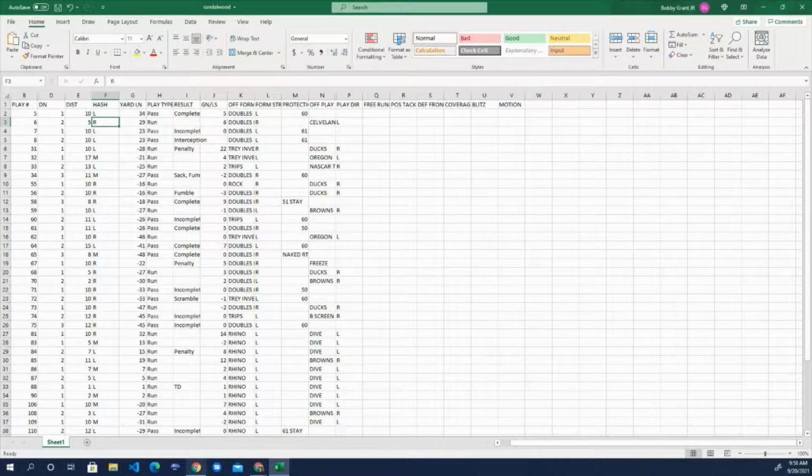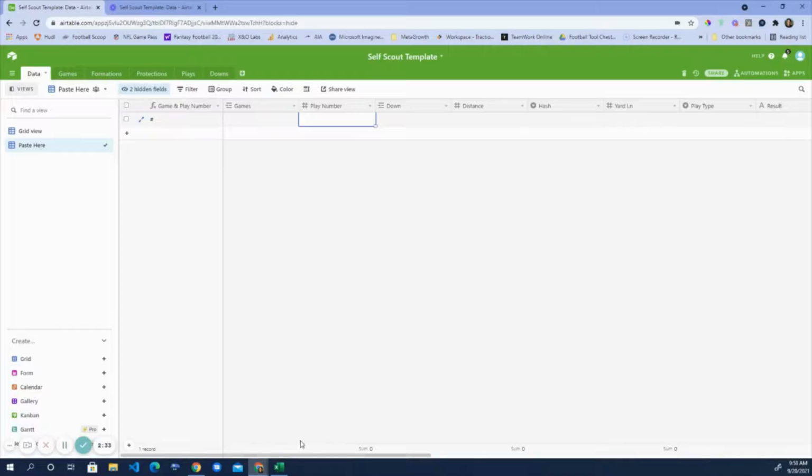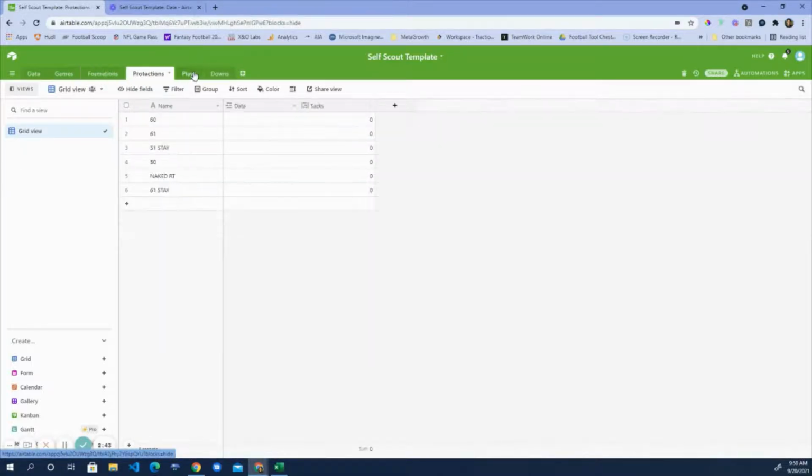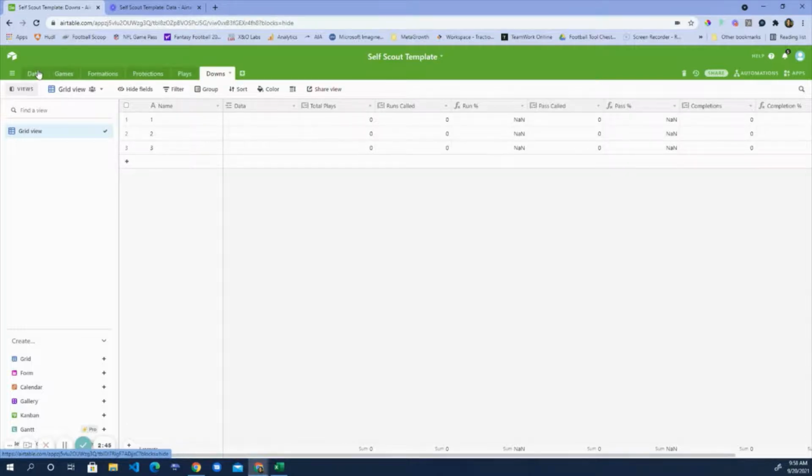So once I go back to Airtable, okay, I have all of the information laid out. I've entered in the games, and when I input my information, the formations, protections, plays, and downs will all